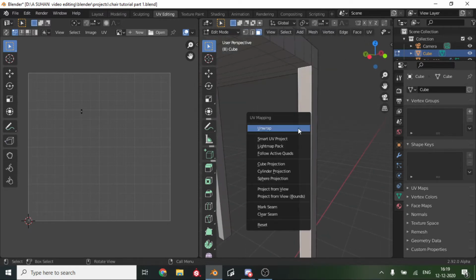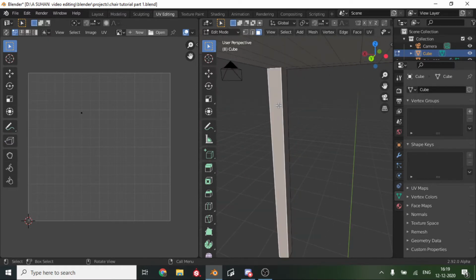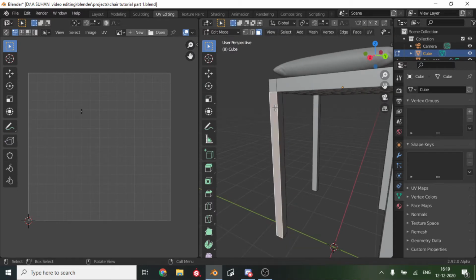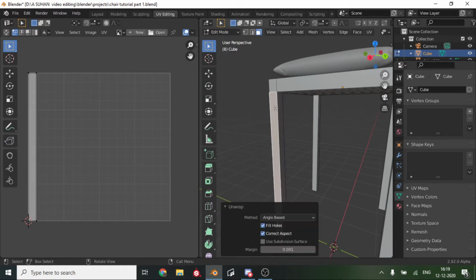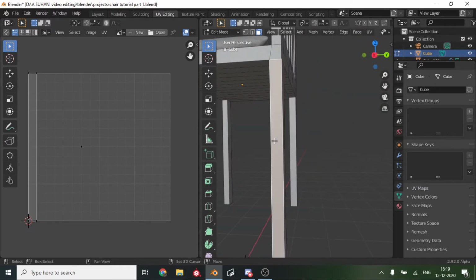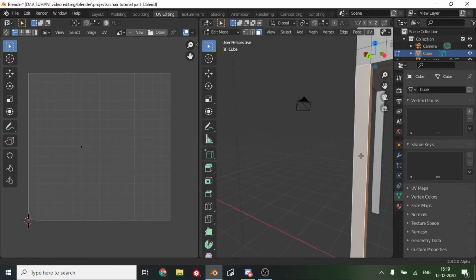And you can go and do it separately for every single part, but that's not very efficient. So what you can do is just shift select them, like shift selecting a whole leg, for example.